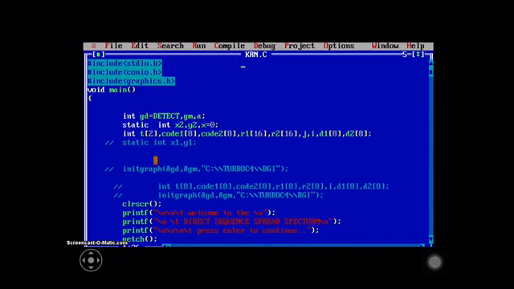So T1 is for the data rate code 1. Code 1 is for the chip code 1, code 2 is for the chip code 2, R1 is for the transmitted signal 1, R2 is for the transmitted signal 2, and J and I are for the loops. D1 is for the data rate 1, meaning the data with respect to 1 and data with respect to 2. And furthermore,